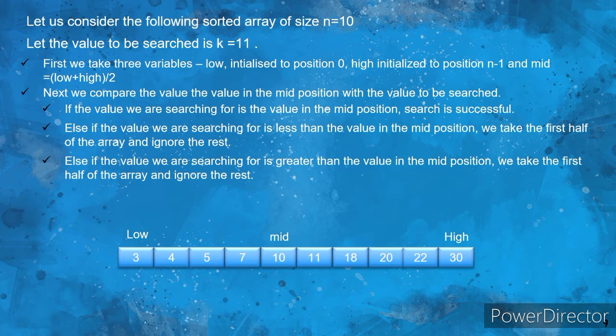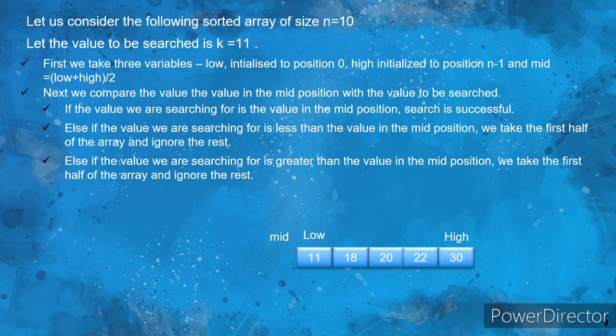So in this, our target value is 11. So we can see 11 is greater than the value in the mid. So the first part is ignored. Now as the first part is ignored, we have to modify the position of low. So low, which was initially in the 0 position, now becomes mid plus 1, that is the value in the mid position of the array plus 1. So it will be somewhere between low and high, which is the second half of the array.